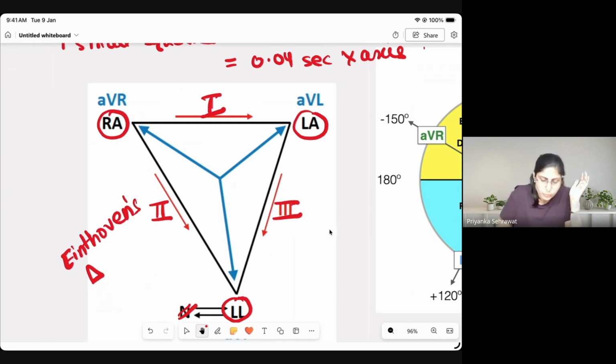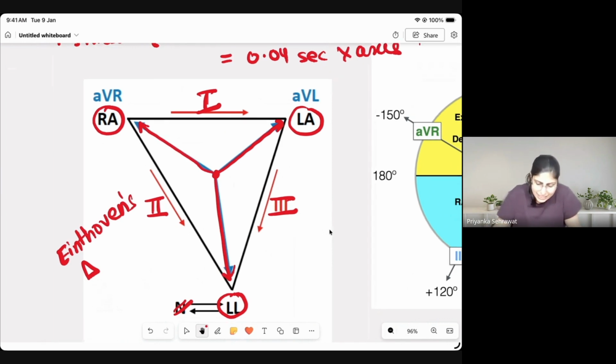Okay. Now, there is a center which is known as a Wilson center also. It is a hypothetical center of the body where we assume that the charge is 0. The effective charge is 0 at the center of the body. So, ये हमने एक hypothetical center ले लिया. From this imaginary center of the body, whatever differences we get with respect to the left arm, with respect to the right arm lead and with respect to the left leg lead is known as AVL.